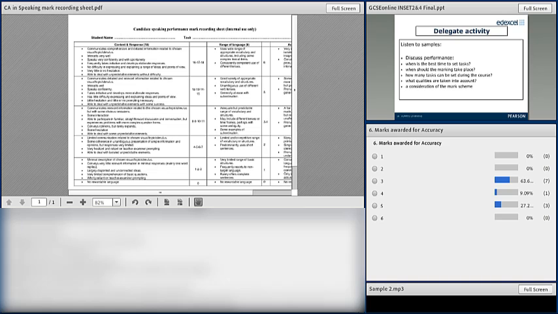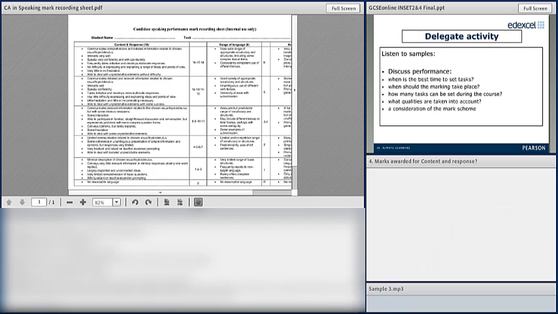The examiners opted for 4 for range of language and 3 for accuracy. It could easily be the other way around, depending on which you concentrate on. But that's where we are really. So the final score for this candidate was 18 marks, which puts her in the C grade. Okay. Now, if we don't have any questions on this, we can move on to the third candidate, which will be the last one for the speaking today.